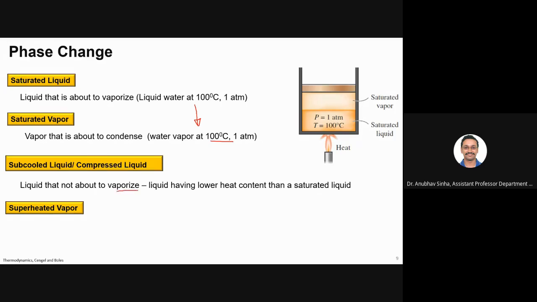It is far from the boiling point. Let us say water. I am using water because this is the simplest example which is easy to understand, but the same definitions and same processes are observed for other materials also, right? So liquid water at, let us say, room temperature is what is known as subcooled liquid, because you need to add some heat to reach the boiling point. So that is subcooled liquid or compressed liquid, which has a lower heat content than this.